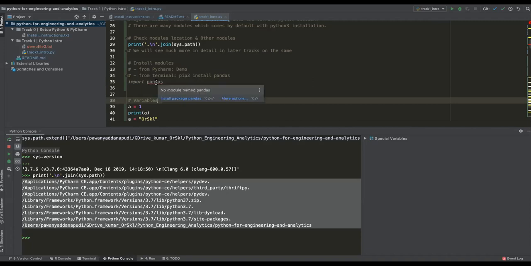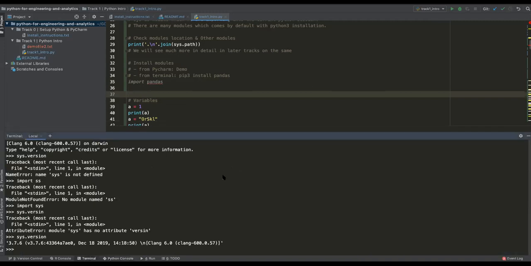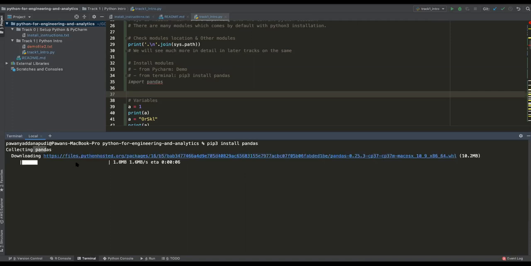You just hover on this. It will tell you to choose install package pandas, or I would go a different way. Go to the terminal, come back from your Python console. You should be in your OS console. Now you just say pip3, which is a utility that gets installed when you install Python 3 as well, and just say install pandas. Now you see what will happen. It's collecting pandas from this repo, right? See here,